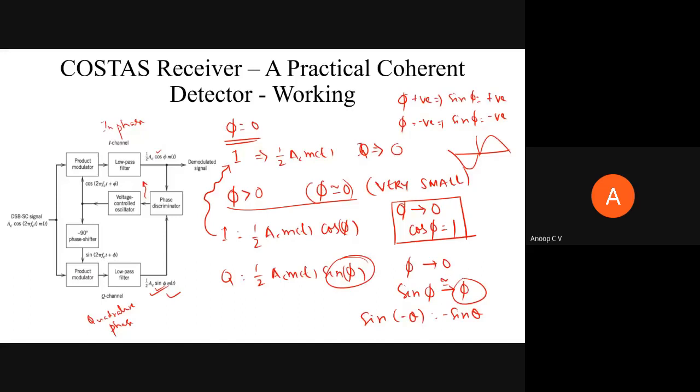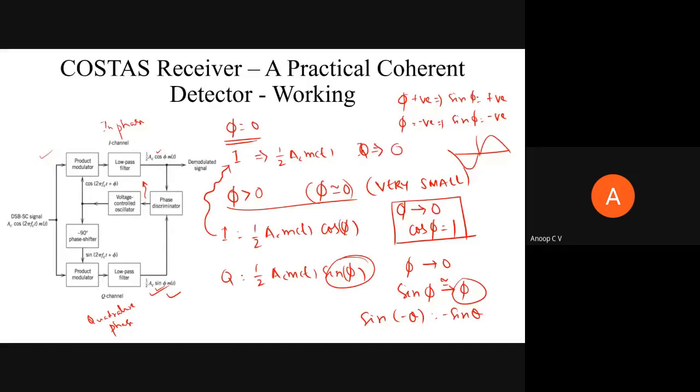And one more practical approach is, have you heard of pilot signals? As DSBSC doesn't have carrier information as such, practically in some cases we'll send some pilot signal which has the carrier information. So that is also another method. In the syllabus we have to study only this Costas receiver. So now do you have an idea how the Costas receiver works,